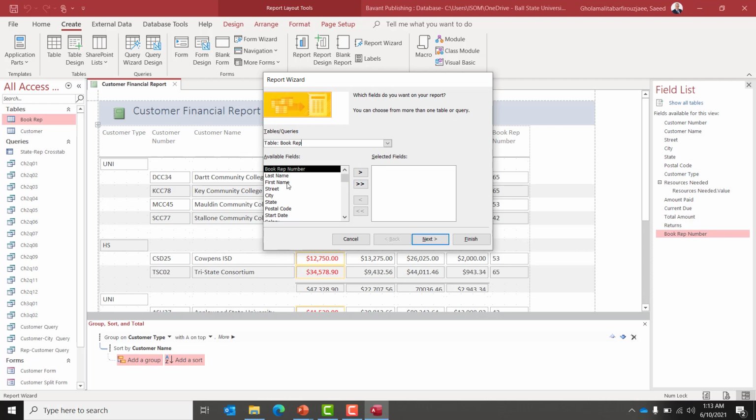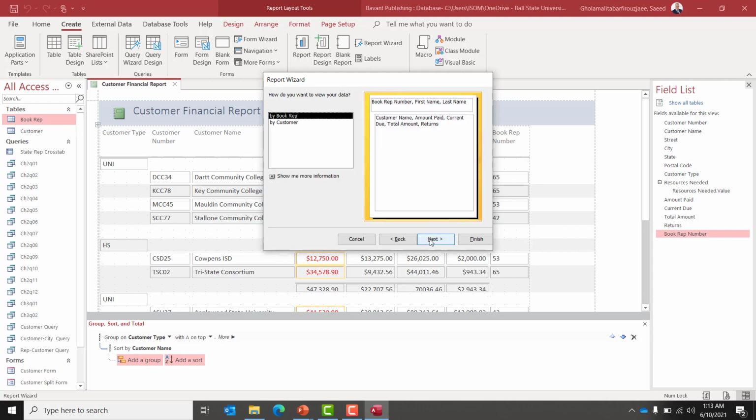For example, from book representative we can select number for first name, last name, and then from the customer we can select customer name, amount paid, current due, total amount, return, and etc. Next,